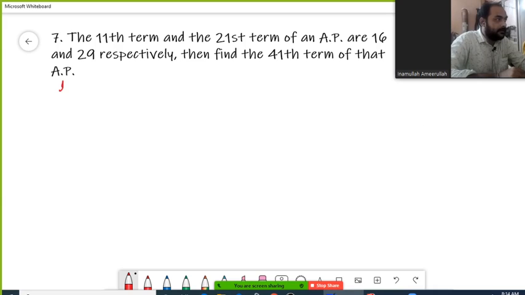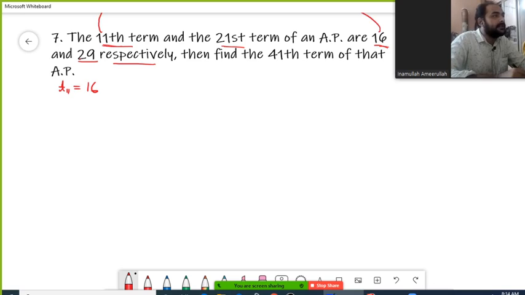T11 is given. So T11 is 16. Look at this, the 11th term and 21st term of an AP are 16 and 29 respectively. Respectively means here the 11th term is mentioned first and then the 21st term is mentioned after the 11th term. So the number which is given here, 16 and 29, first will go with 11